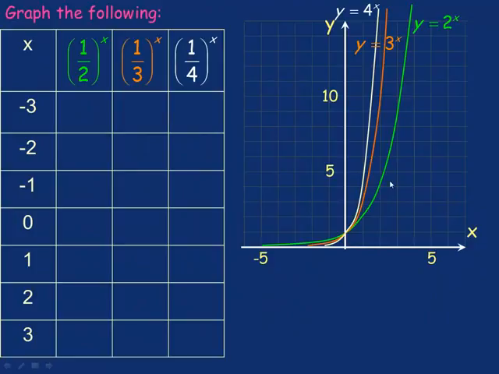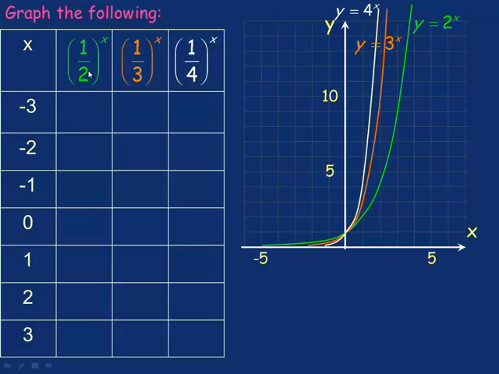Flipping over to the second page, we're going to graph, and these are the 3 graphs in the first page, y equals a half to the x, 1/3 to the x, and a quarter to the x. And so the difference between the first page and this one is all the bases are rational numbers between 0 and 1, or fractions between 0 and 1. And so